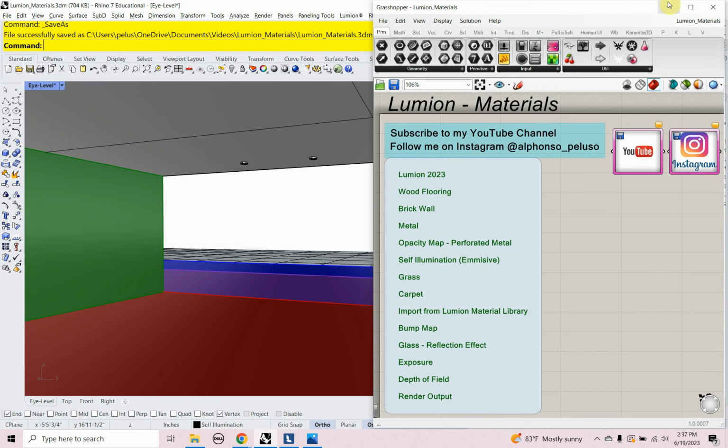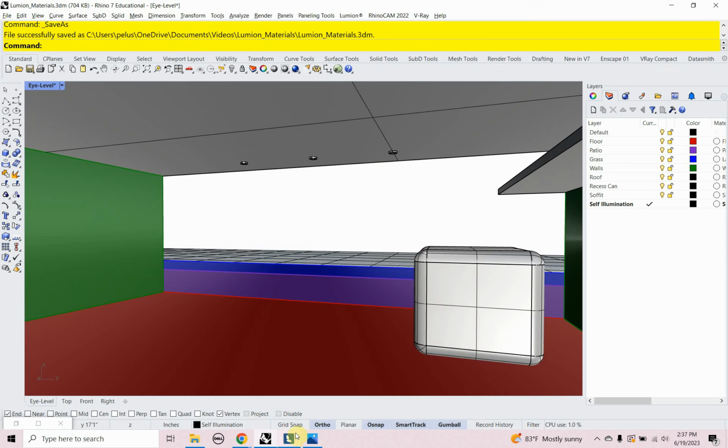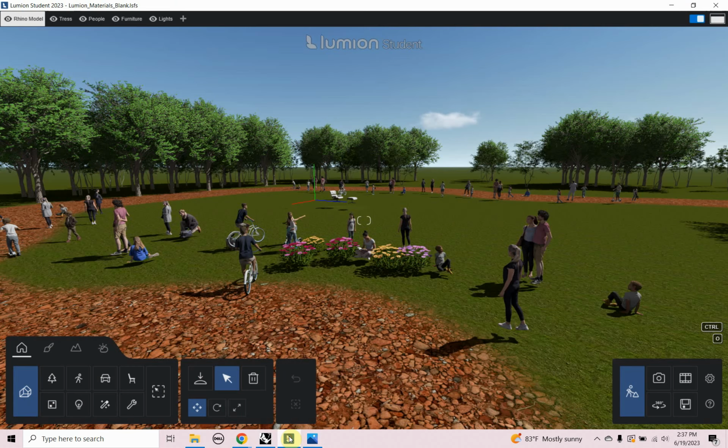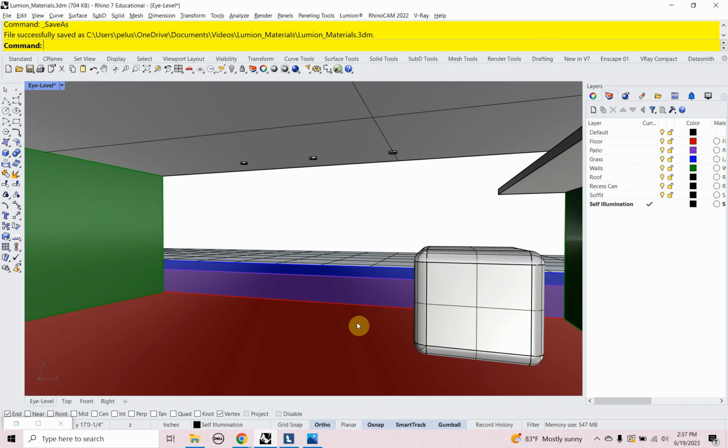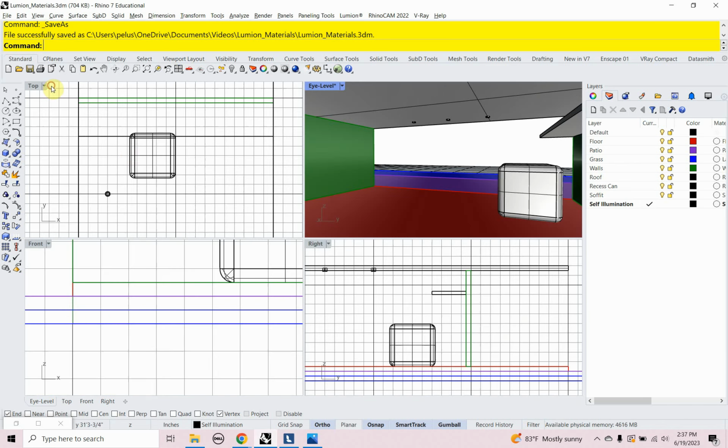Alright, so I am going to live sync this. Let's see what I have over here in Lumion. If you haven't looked at my Lumion Basics video and my Lumion Lighting video, go ahead and check those out and then come back to this one. We modeled a simple pavilion and we added a little bit of furniture and some lighting, and today we're going to add materials. So I'm going to live sync my Rhino file, but I am going to first just look